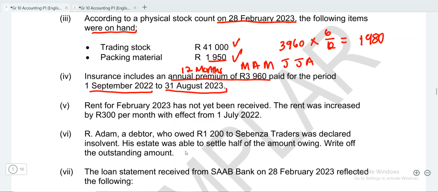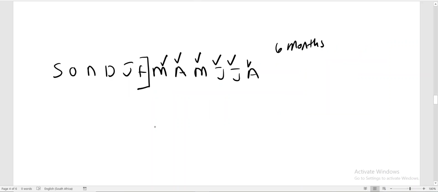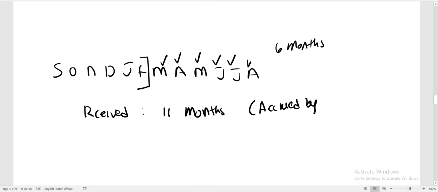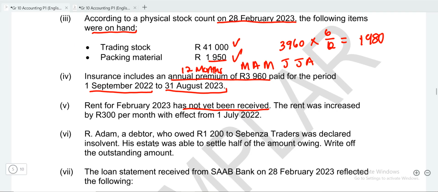Now the next transaction says that rent for February has not yet been received. So now this already tells me that I've received rent. I've received rent for 11 months. So therefore it tells me that my rent is accrued by 1 month. And when you do transactions, guys, it's very important for you to analyze. Okay, now here they're saying that